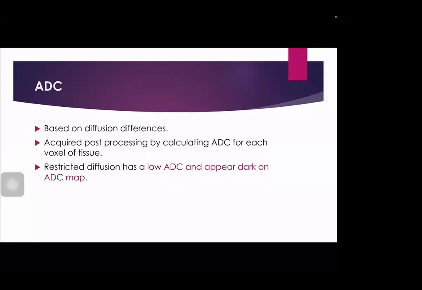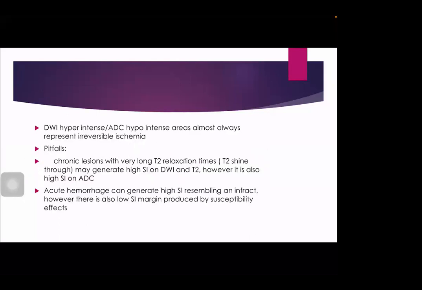The first and the most important one is the chronic infarction. It's called the T2 shine through. There appears high signal intensity on both DWI and T2 weighted image, but the difference is they also appear high signal intensity on the ADC. Also, acute hemorrhage can generate high signal on DWI resembling an infarct, but